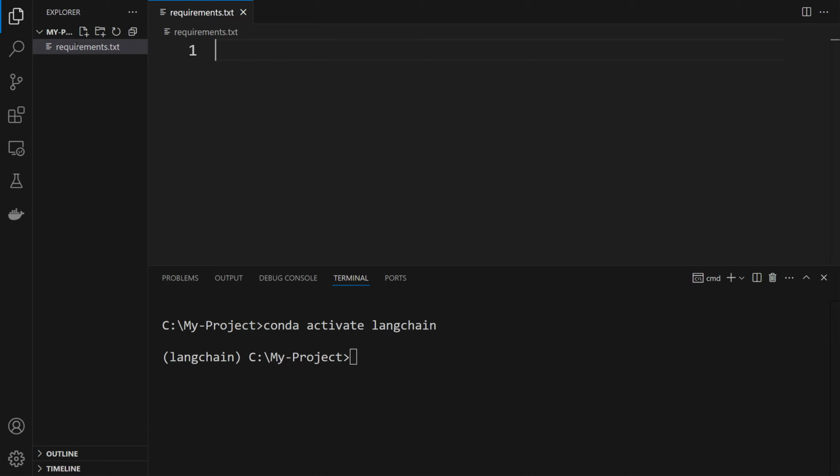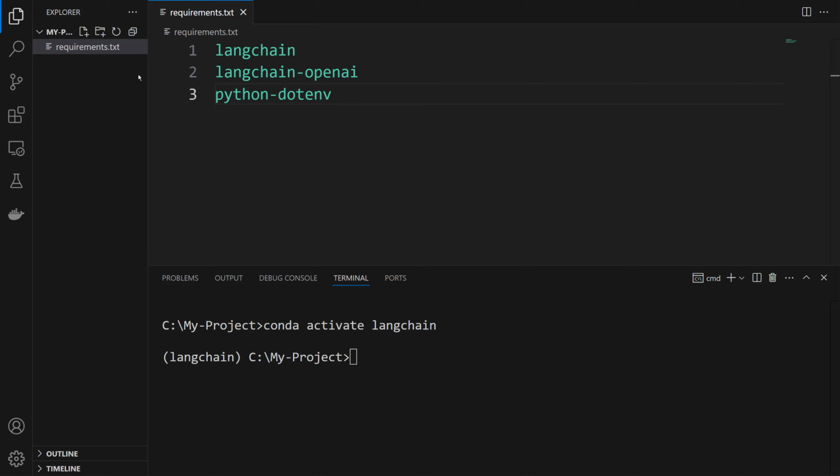First, we're gonna write langchain, and then to work with the OpenAI API key, we're gonna set the langchain-openai library. Lastly, to import our API keys, let me set python-dotenv.